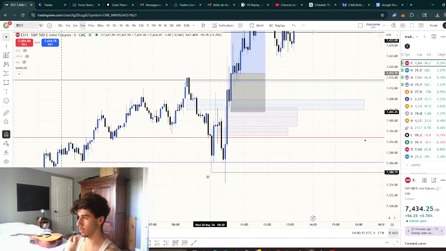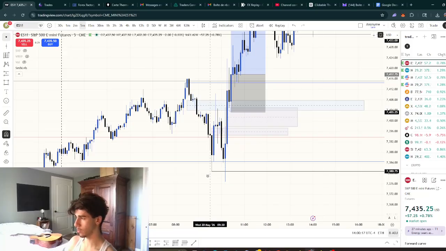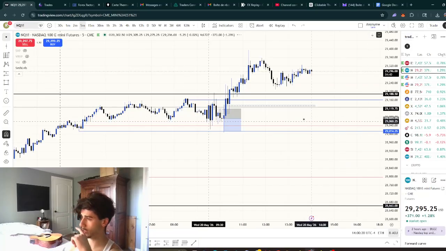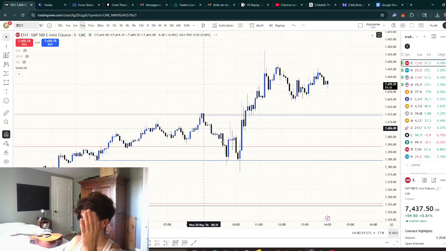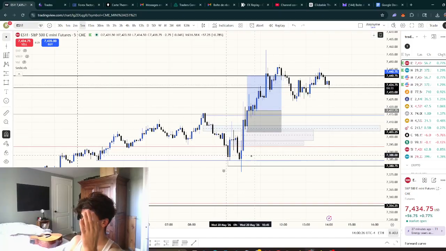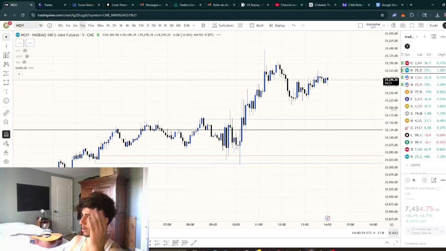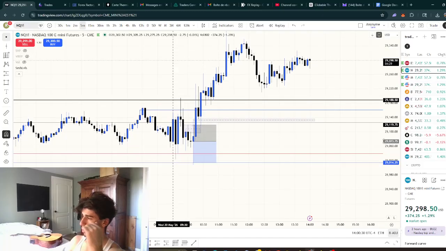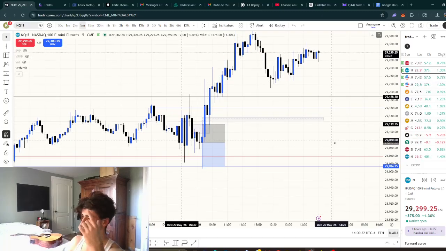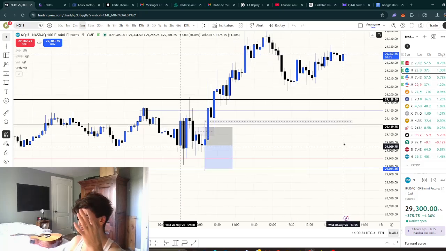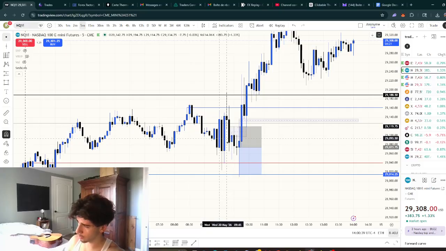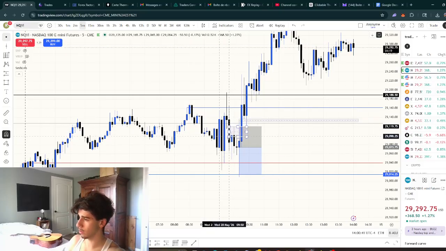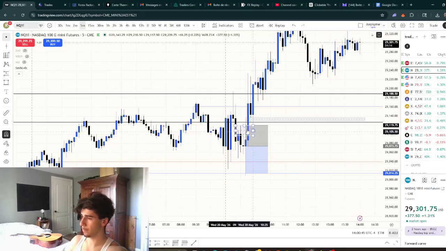This gap finally got inversed, and that's what I wanted, a confirmation that we're not just respecting this on ES and willing to go higher. I wanted the correlation of those two indexes, that they were willing to go lower. So this was it on ES, and at the same time we had, like I said,